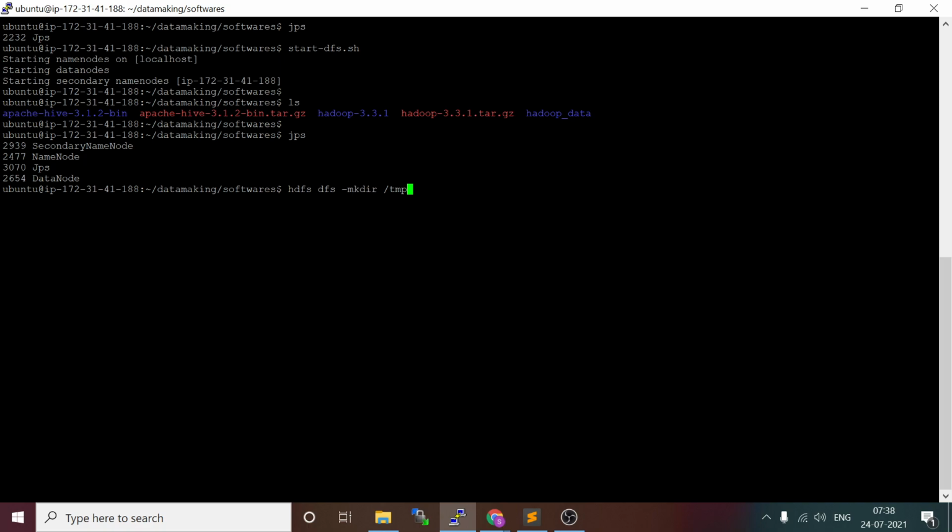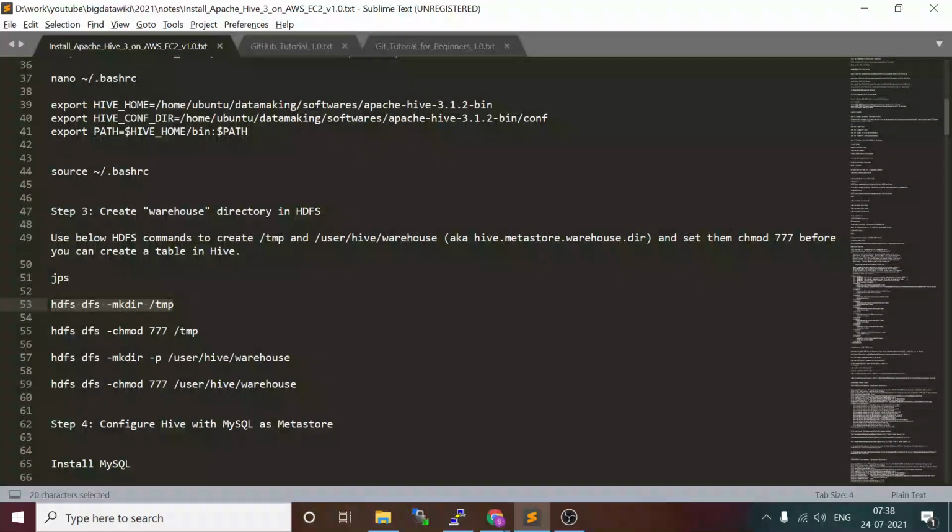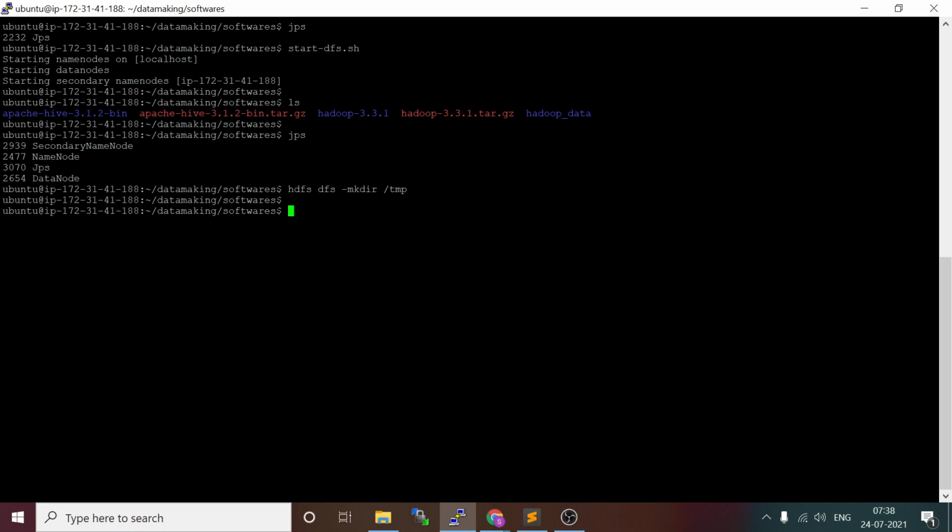Inside root, / means the root path, and we are creating a folder called temp. We also set the full execute permission on the path by using the command -chmod.